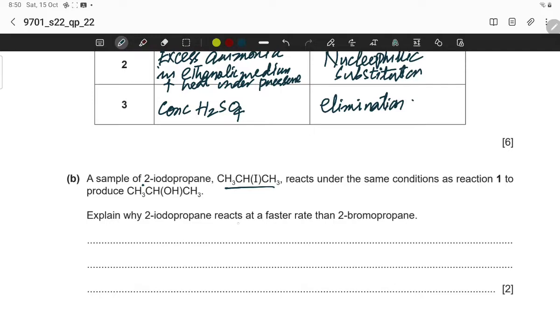Explain why 2-iodopropane reacts at a faster rate than 2-bromopropane. You know, iodide is a better leaving group